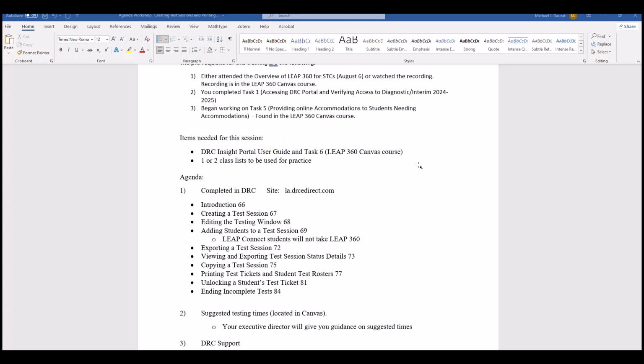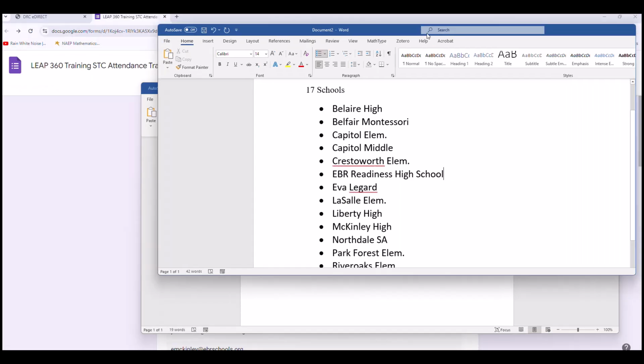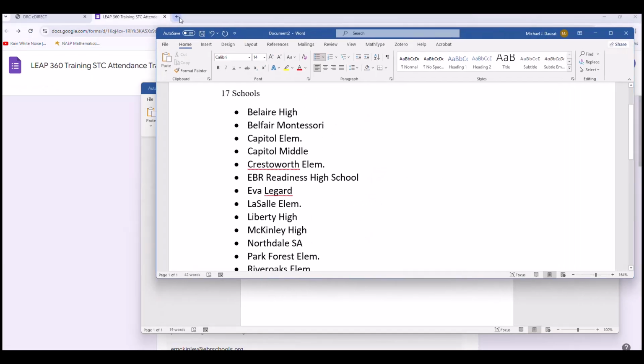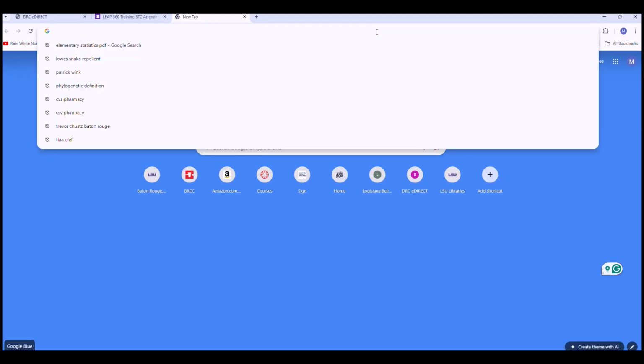All right. Okay, so what I'm going to do is we're going to look at task 6. That's in the Leap Canvas course. So let me go ahead and move this out of the way. We're going to go to task 6 in the Canvas course. So let's go to the Canvas course. To get to the Canvas course, and that was one of the tasks that you should have already done, the easiest way to do that is to type in